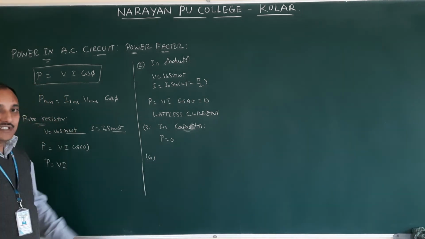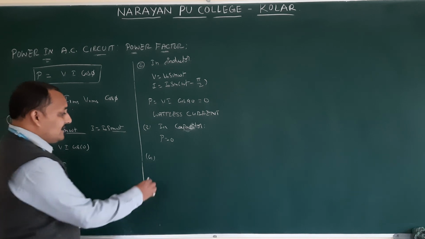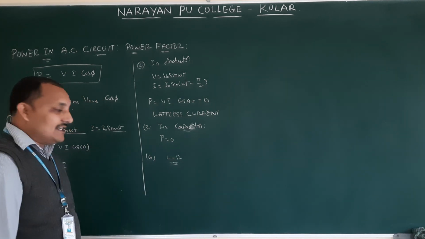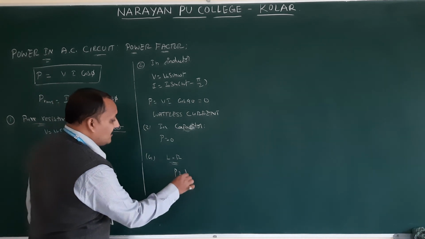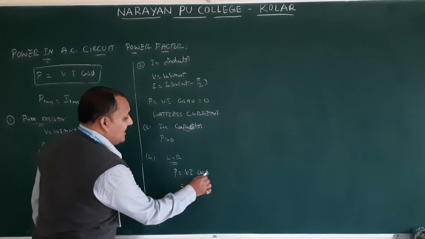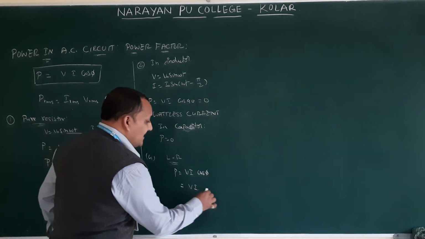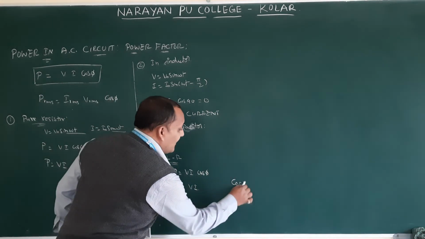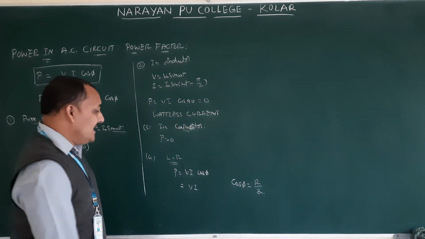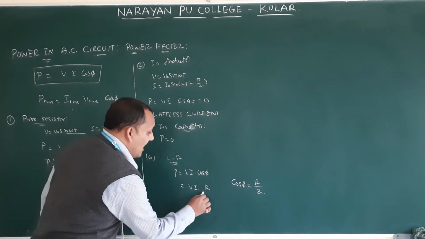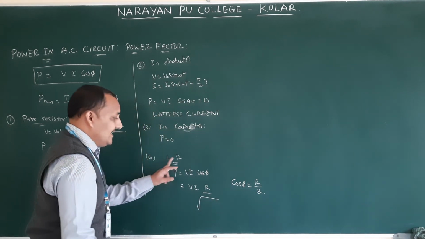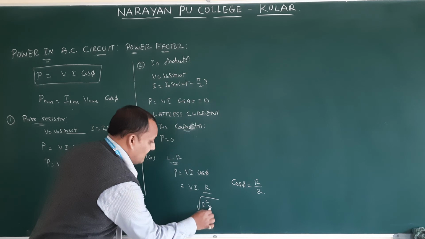Next one, the fourth one. This is not there for you because we discussed it. Therefore, I am going to say, in an LR circuit, what is the power formula? P is equal to VI cos phi. What is cos phi? The definition we gave: cos phi is equal to R by Z, resistance by impedance. What is the Z equation? Which circuit? LR. Therefore,